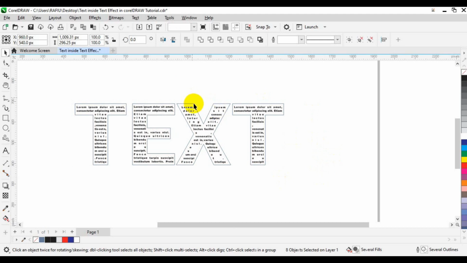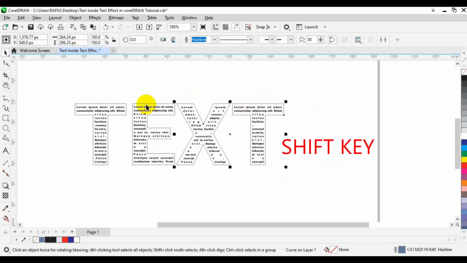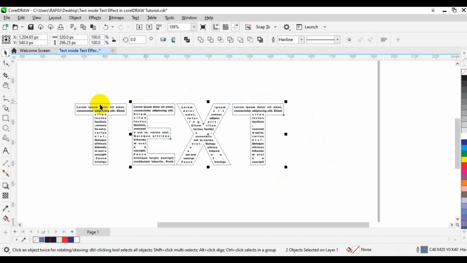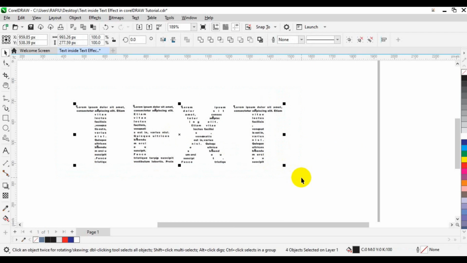Next thing you want to do is to select each of these shapes right here, and press the Shift key and select the letter T. Press the Shift key and select the letter E, and select the letter T, and press the Delete key on your keyboard. So you can select everything and press Ctrl G to group them. So this is how you can type text in